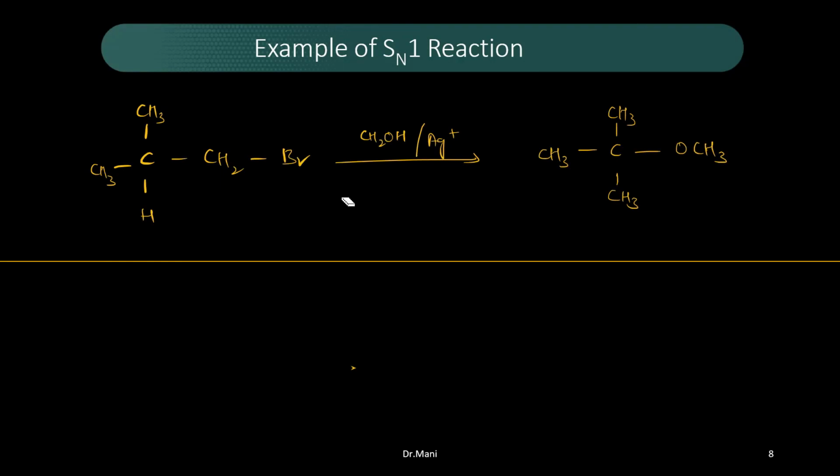Understood? So here we cannot see the racemization. Understood why we can't see the racemization in this case? Because the nucleophile doesn't have a chance to attack this carbon from the back. It can only attack from one direction. So there is no possibility for racemization in this condition. But if you see another example,